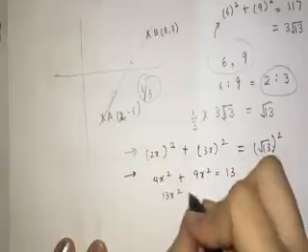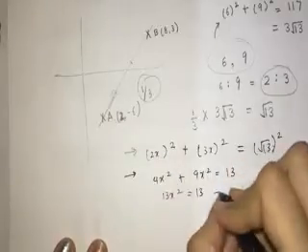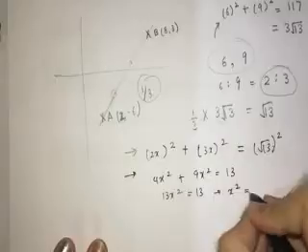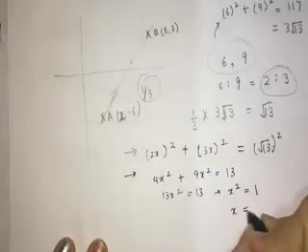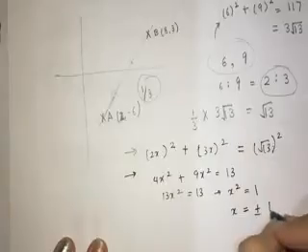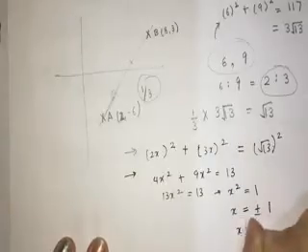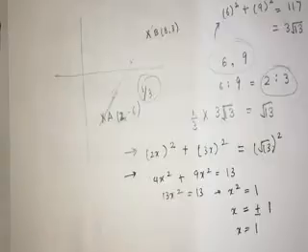We add this, it gives us 13. Further, x squared is equal to, we divide this, gives us 1. x is equal to plus minus 1. We just assume it as x is equal to 1 because